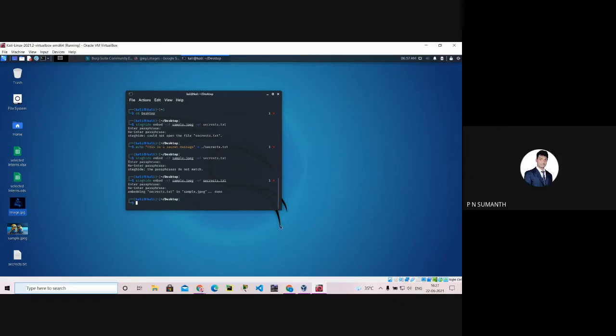Now save that particular file to a different location, or it will say this file already exists, or delete this secrets.txt file. You can do anything. Shall I delete this file? Yeah, you can delete it. Okay, sir, deleted. Now this is our target image, samples.jpg, which has the embedded file. You can send it to anyone, and if they want to see the message, they can use that particular command and extract it. So we can't extract it now. To extract it, we have to crack it.